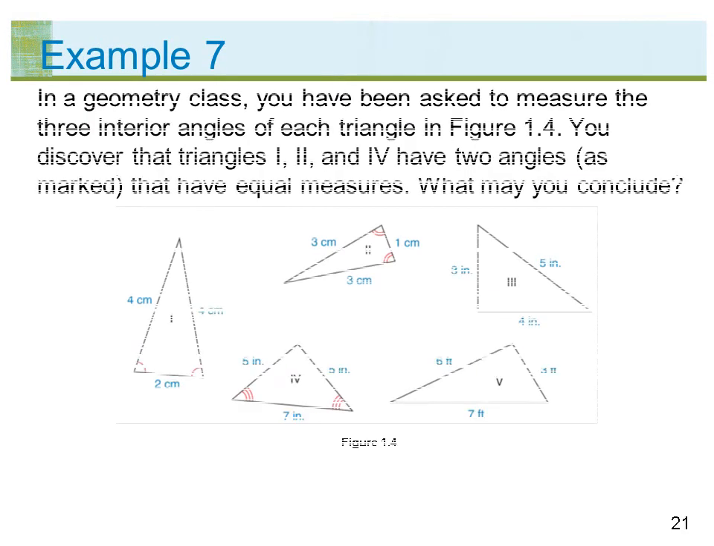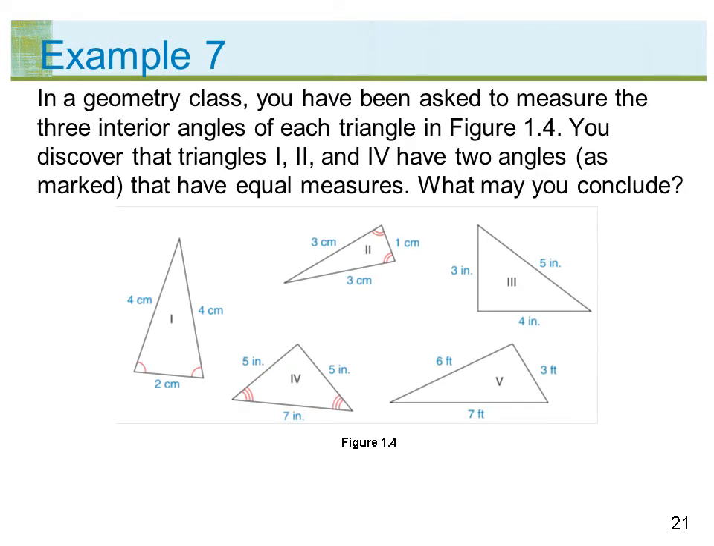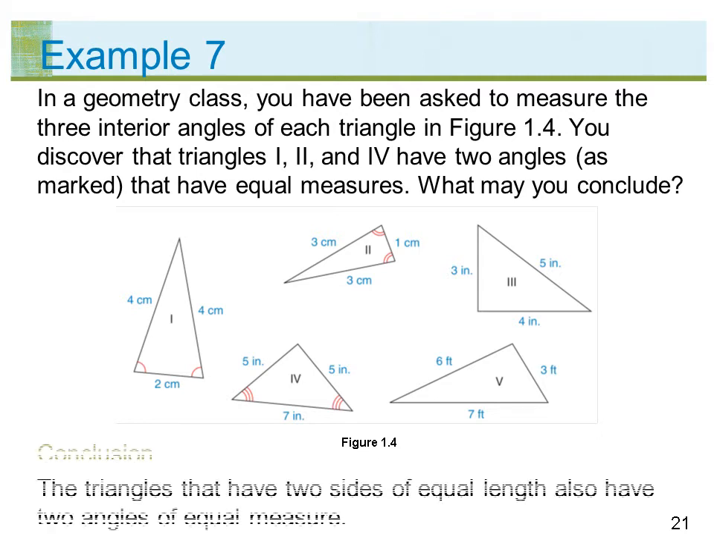will we. In a geometry class, you've been asked to measure the 3 interior angles of each triangle in Figure 1.4. You discover that triangles 1, 2, and 4 have 2 angles, as marked, that have equal measures. What may you conclude? Conclusion: the triangles that have 2 sides of equal length also have 2 angles of equal